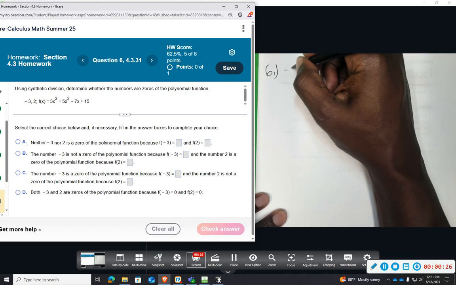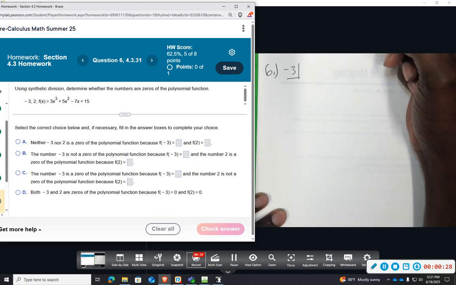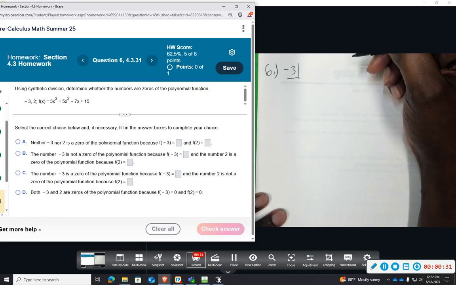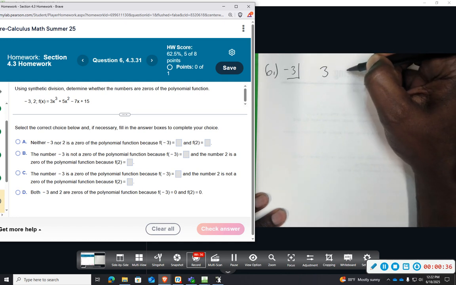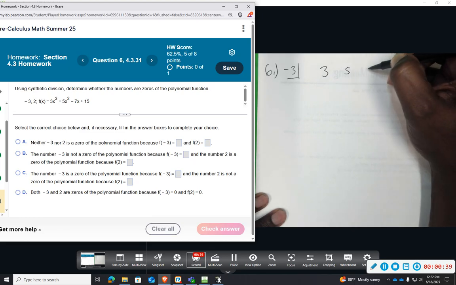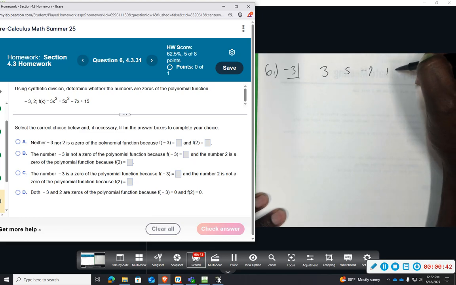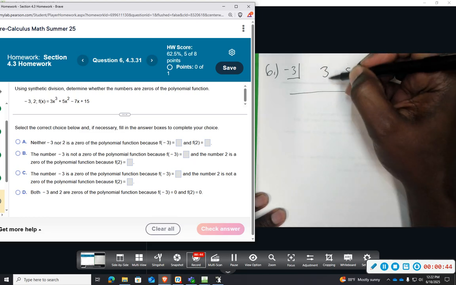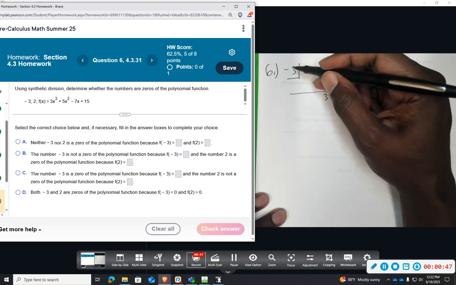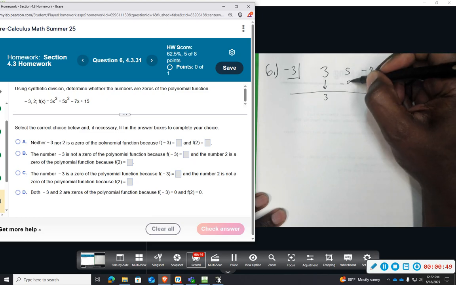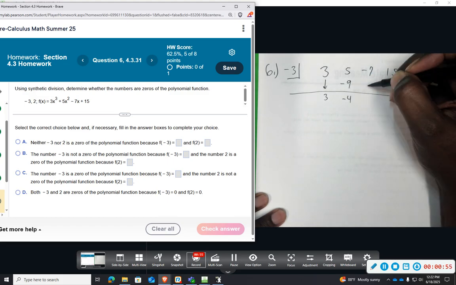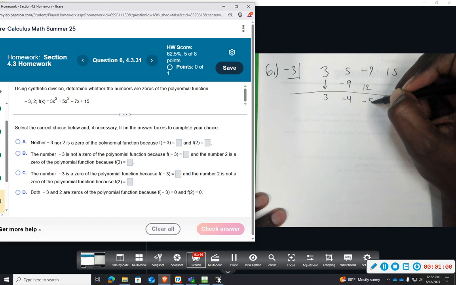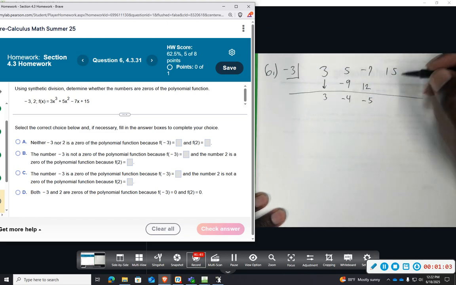So if I do -3, I'm going to use that one first. I have an x to the third, second, first, so we have all of our terms. My coefficients are 3, 5, -7, and 15. Okay, draw a straight line, bring down the 3, -3 times 3, -9, subtract, -4, -3 times -4, +12, subtract, -5,